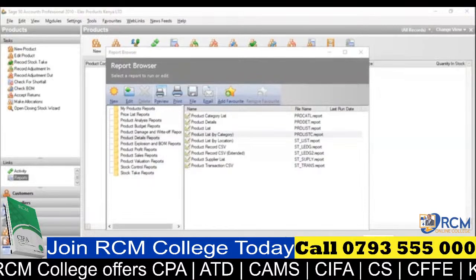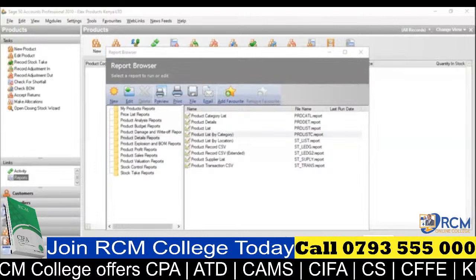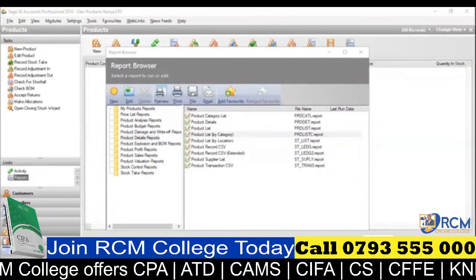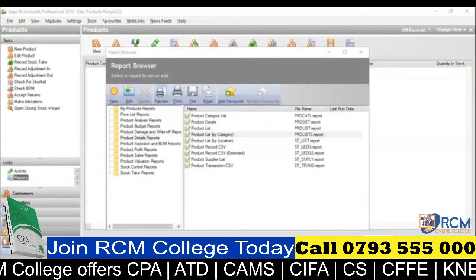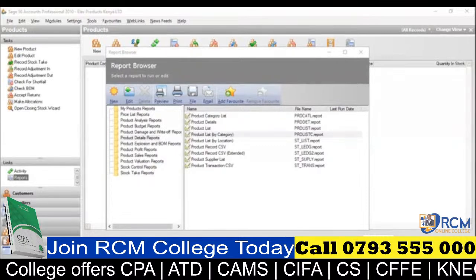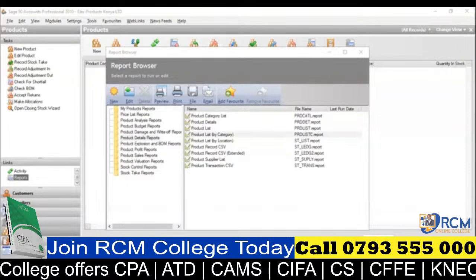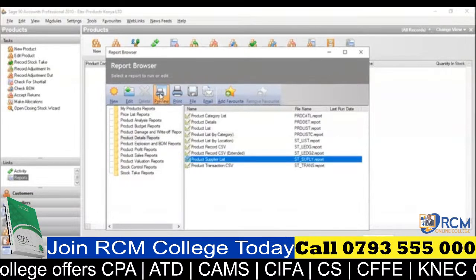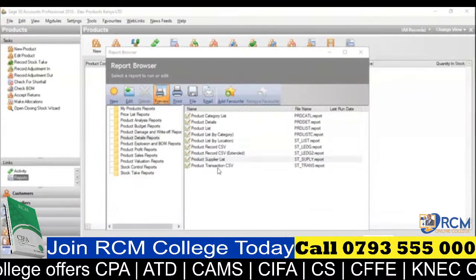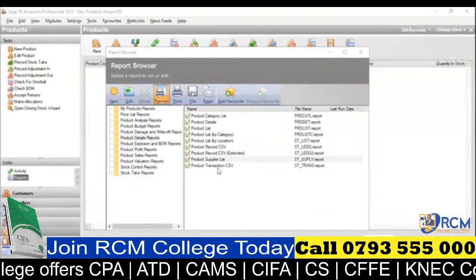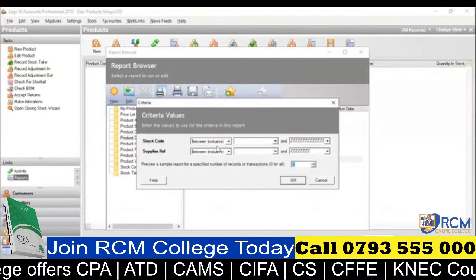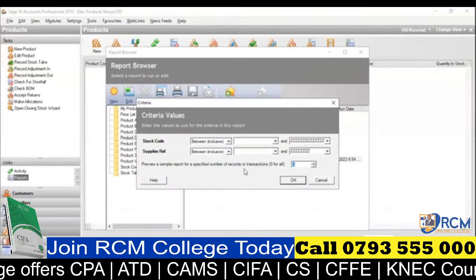Okay, so I was saying that when you are keying in your products, you are given the space to indicate your preferred supplier for a given product. So when you come to this list here, the product supplier list, if you click on it and then make a preview, mine will not be available because I don't have the data for it. So if you click on the preview, it will be able to give you